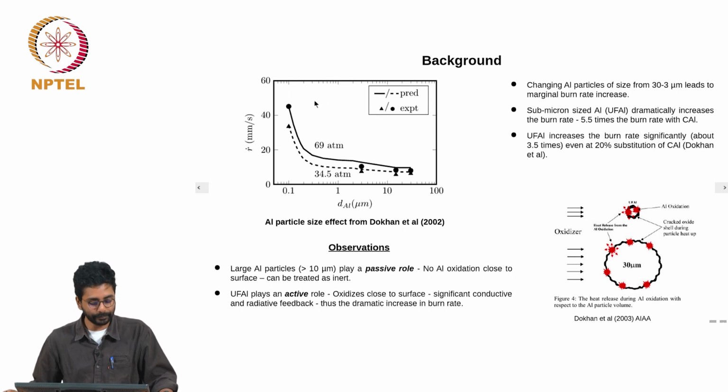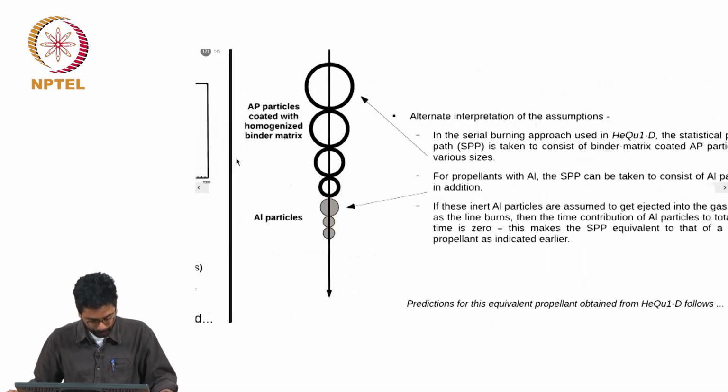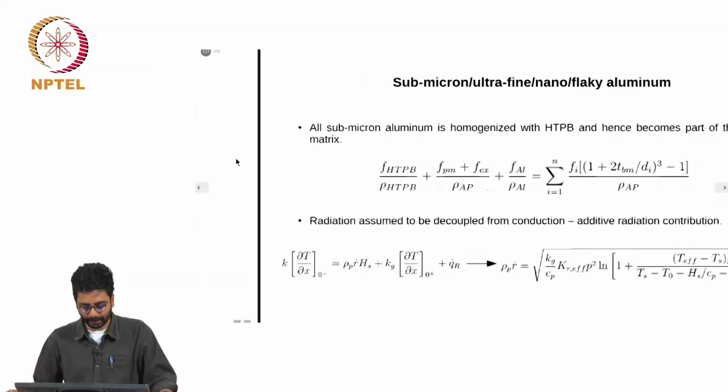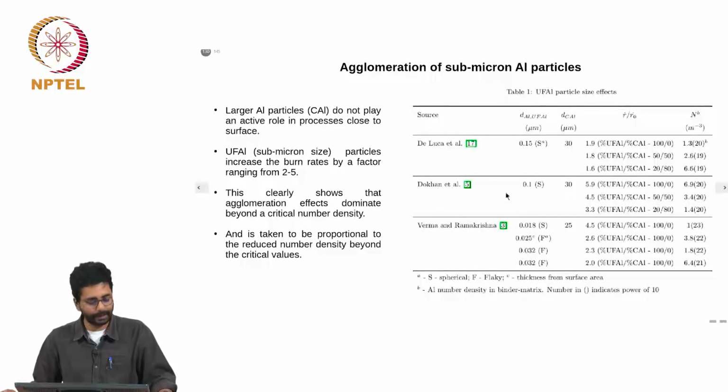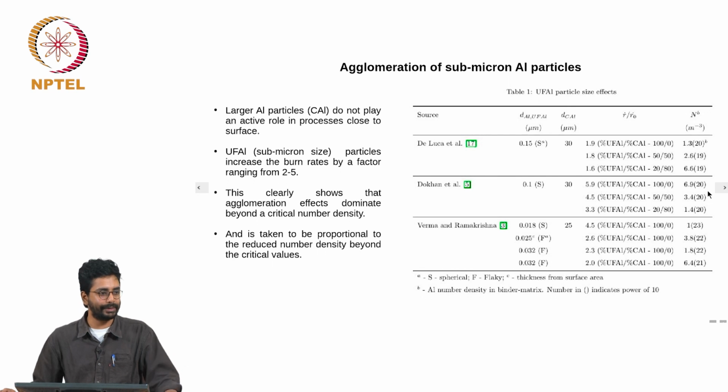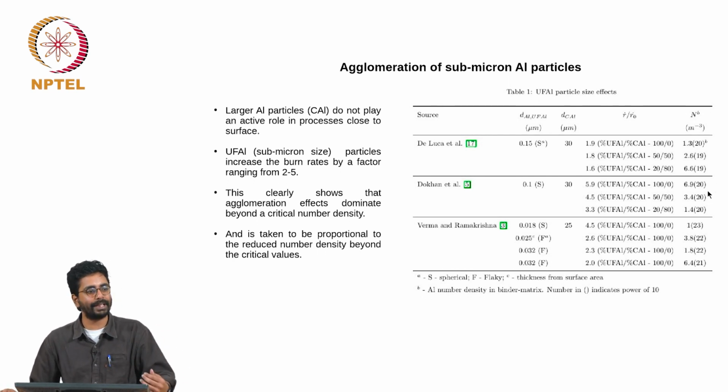With the experimental data and the model, I thought you were not including agglomeration, but you are including it. Agglomeration is included; that is what is in this slide. The effective size is taken to be the actual size multiplied by the actual number density divided by the critical number density. Therefore, at the critical point you will have the same size radiating. At higher fractions, a larger aluminum particle radiates to the surface. That is how the effect of agglomeration is accounted for in this model.